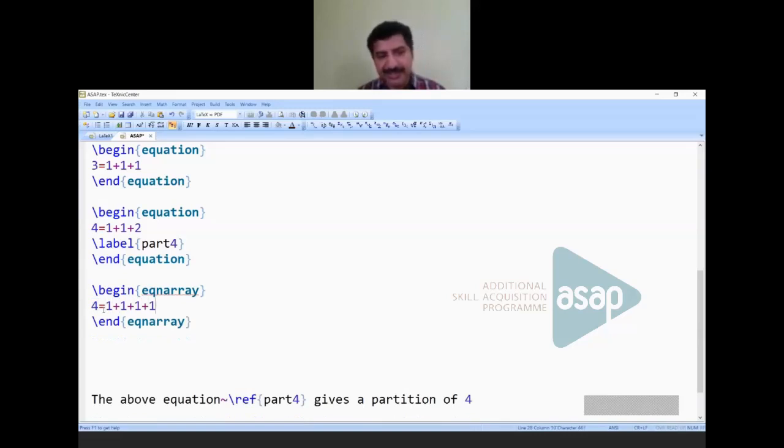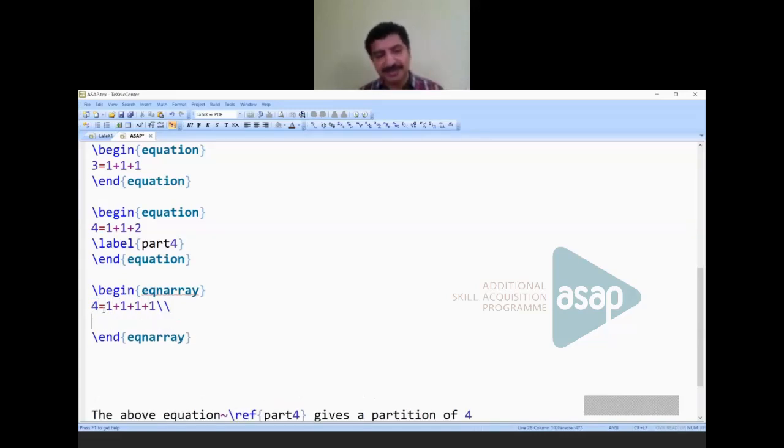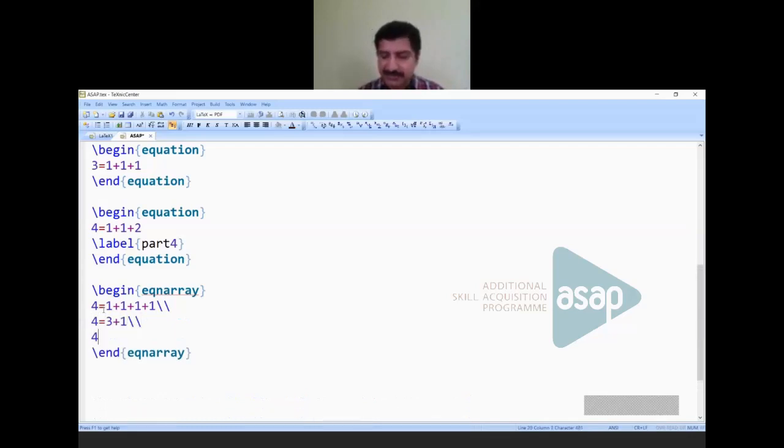And in order to go to the second line, there is a command. So let me write 4 is equal to, say, 3 plus 1. Let me write one more equation. Say 4 is equal to 2 plus 2. Okay. Now, before proceeding, I am going to put an ampersand symbol before and after that